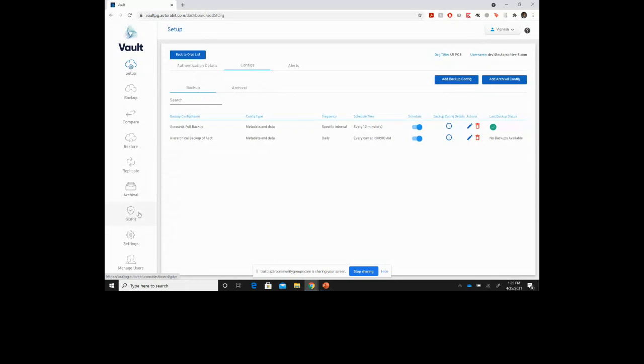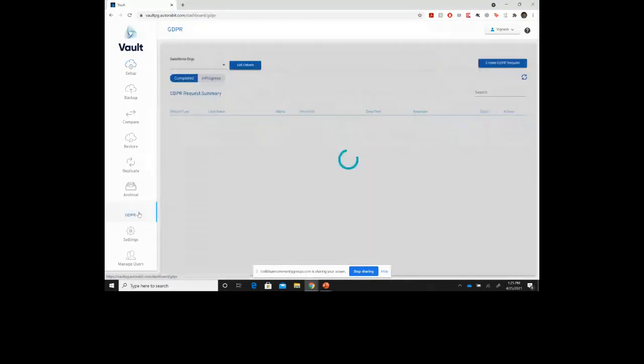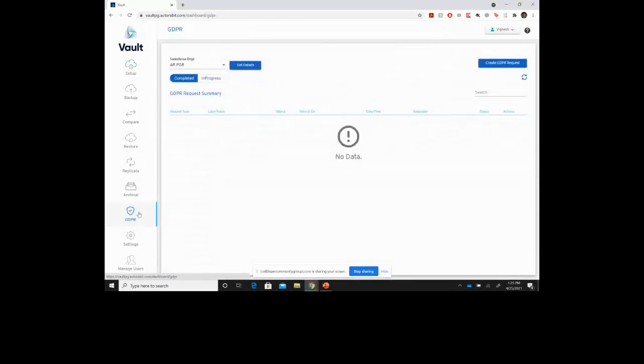So we started implementing this feature, and within GDPR there are multiple clauses, but the one that we support is the forget me clause. So if your Salesforce records are configured to be GDPR enabled,